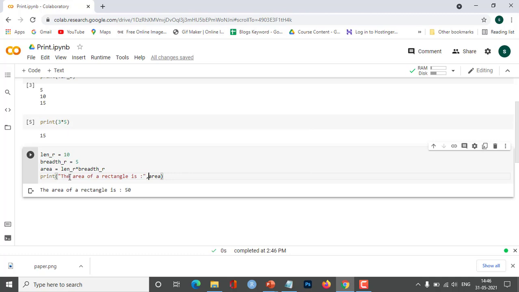So we get the final output as the area of a rectangle is 50. You have to give a comma in between. You can use double quotes for writing a statement, then a comma, and after that you have to give the variable name or whatever expression you are calculating.